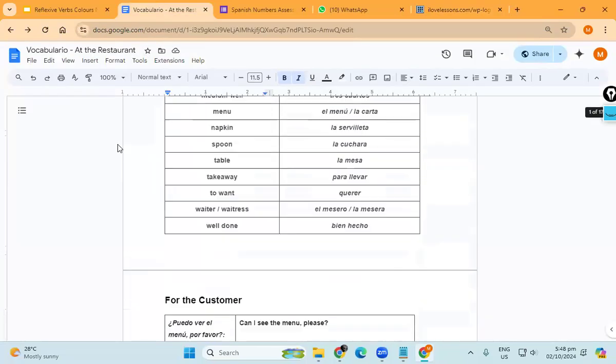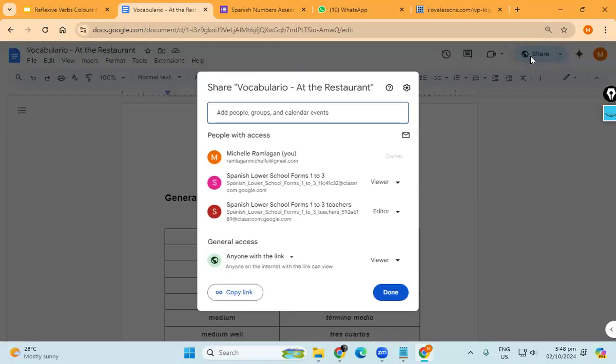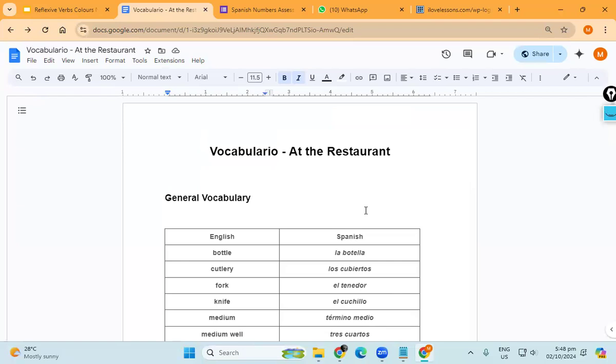This week. So here is a vocabulary list. It is very long, right? So this is the major homework assignment for the next couple of weeks, right? To just sort of review this list, make your own version of it, especially words that you're seeing for the first time, right? Because we're going to start this topic at the restaurant, and then we're also going to start radical changing verbs, right? In conjunction with it. So it's several pages long.